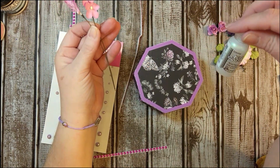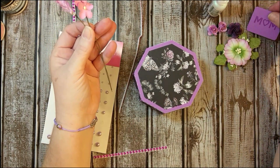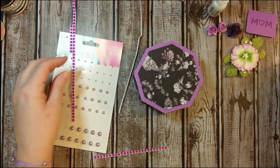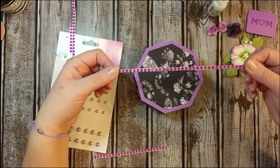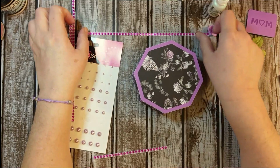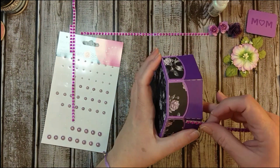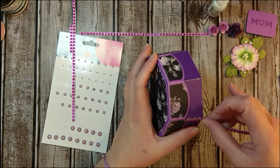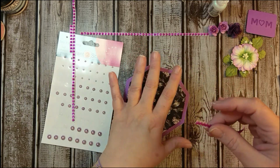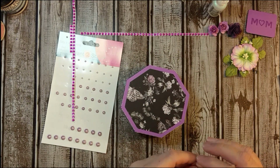And I've got this Crystal Stickles. I'm going to be using that. I've got my little sign, and I've got these adhesive diamond wrap from Dollar Tree, so I'm going to be using those. Okay, so all I did was on the sides here of the box, I found that 4 of these will fit without interfering with how the lid sits on the box. So what I did was I just took this